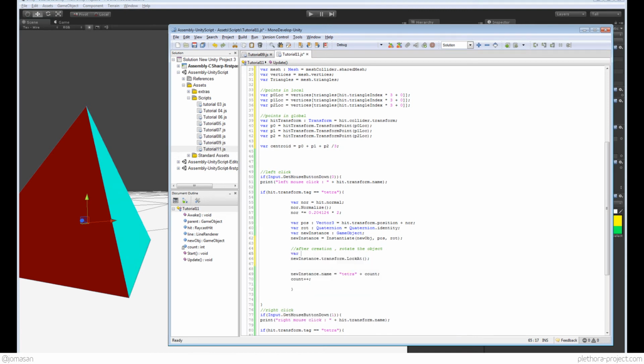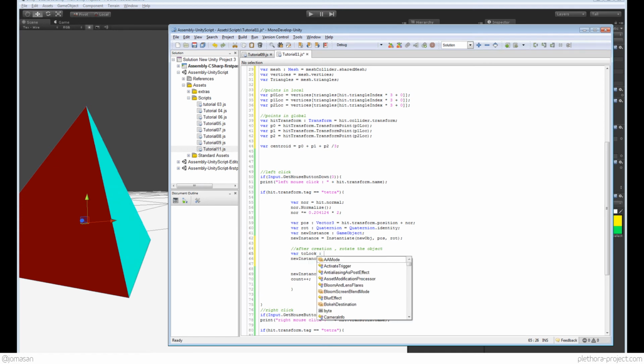So variable to look is gonna be from the type vector3, and it's equal to P0 minus centroid, right? So we have the centroid P0, let's imagine that it's this point. It could be any point for that matter, because in this case it's a triangle, right? And it's an equilateral triangle, so it doesn't really matter. So a vector between those 2